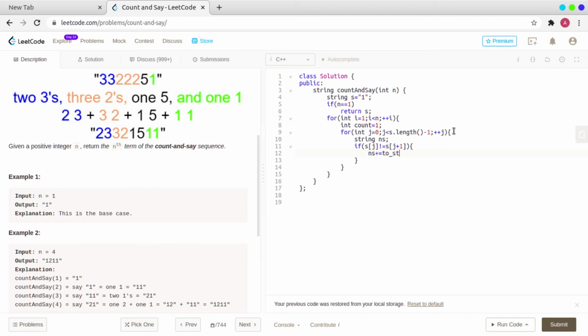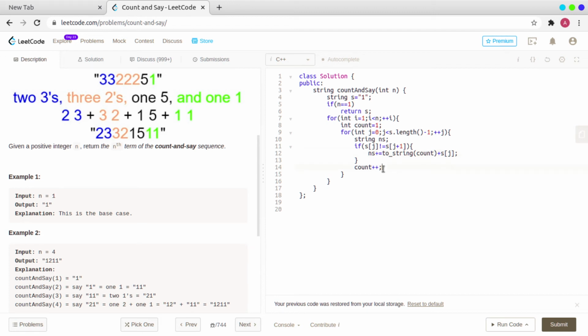In C++ we have a function to_string that will convert my count to a string, plus s[j], and here will be count plus plus. Basically this is a default C++ function to_string which will convert the count to a string.